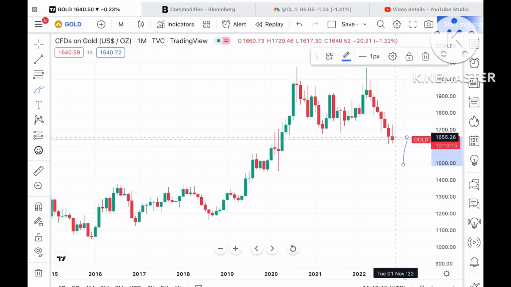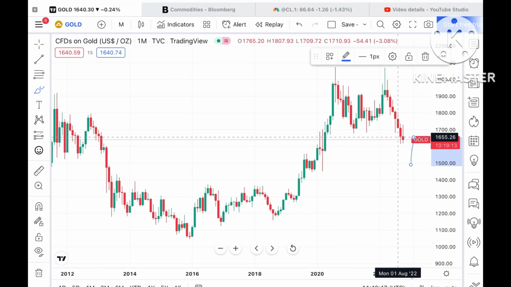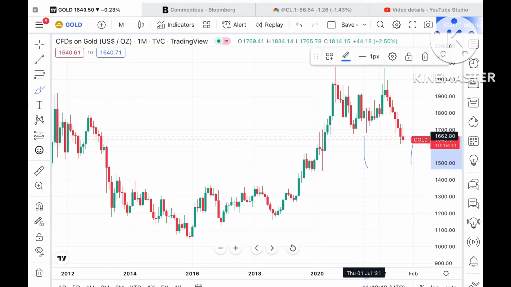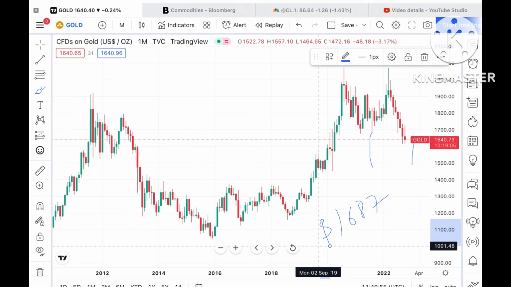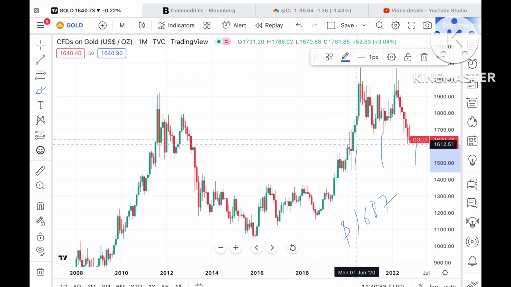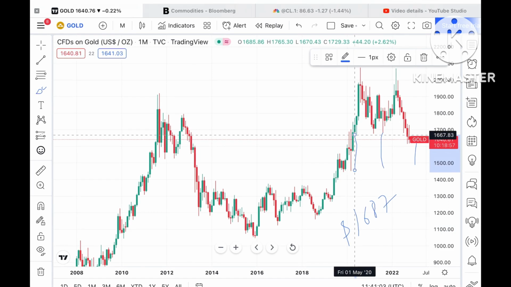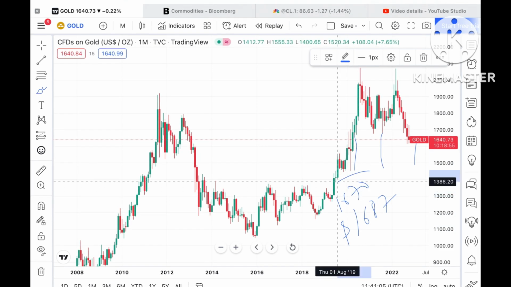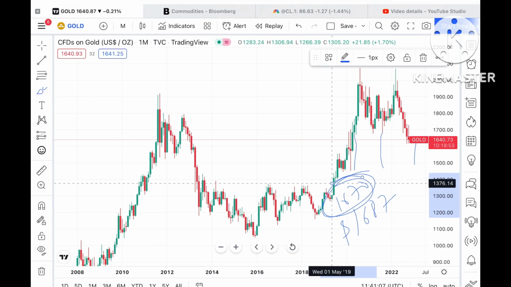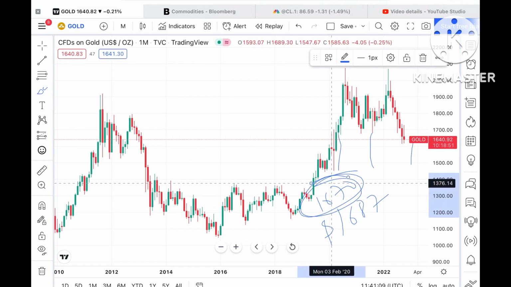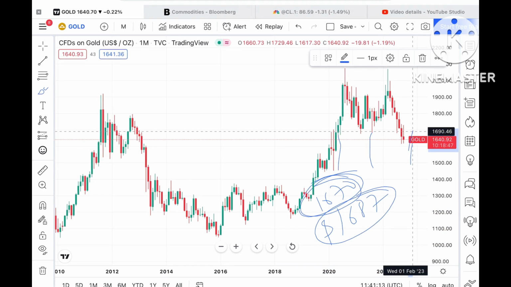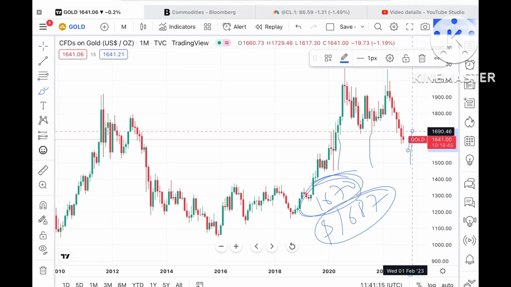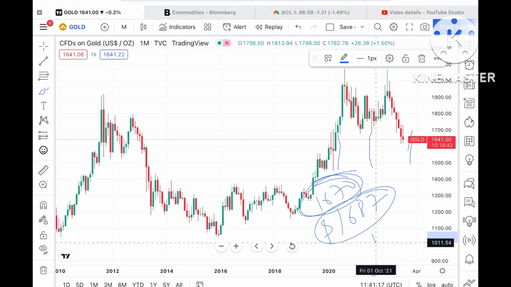move further upside, as we can see the next support is coming at a level of around 1687. Okay, before that we can see one more level coming at around 1670. One more resistance is coming at around 1670, and if the price sustains that level, then we can see a level of 1687. Okay, and once the price goes above 1687, then we can see it can touch a level of around